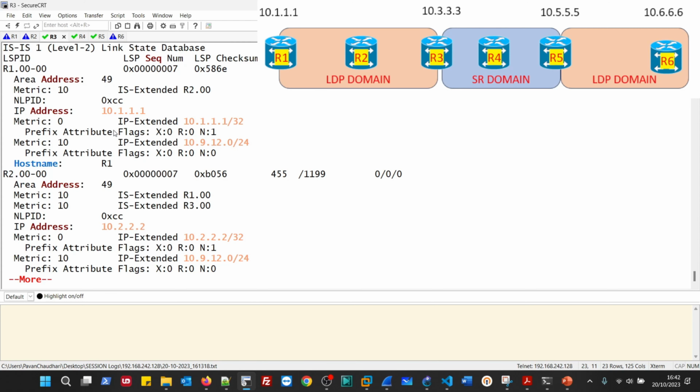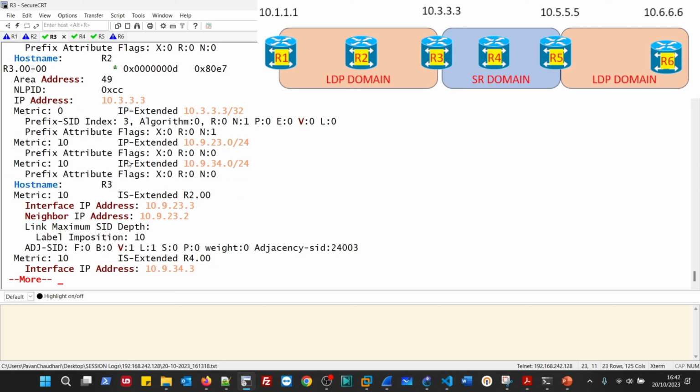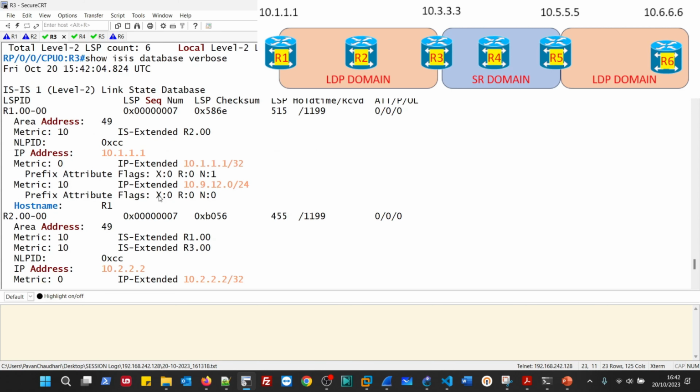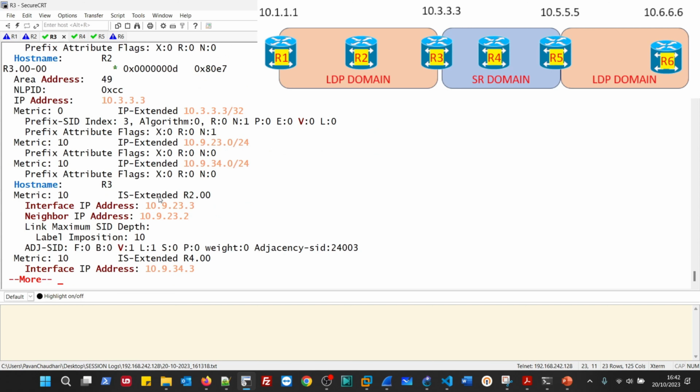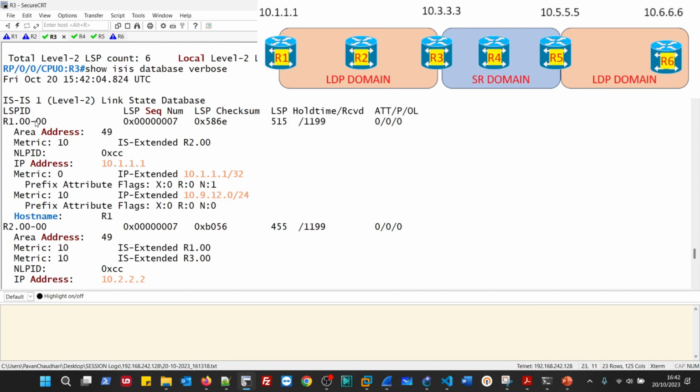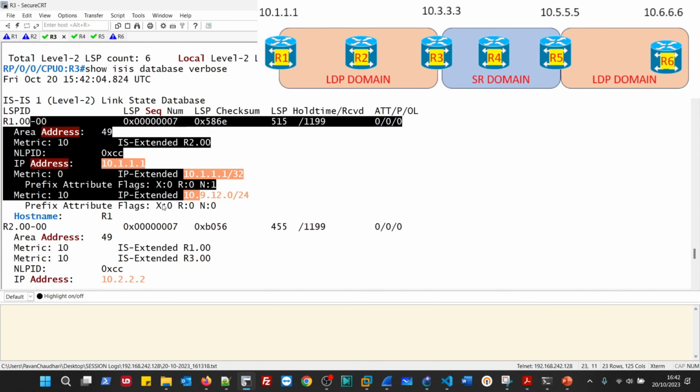So now you can see the index value advertised by R3, because you will not see it in R1 and R2 because those are not